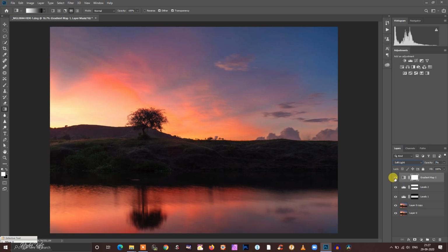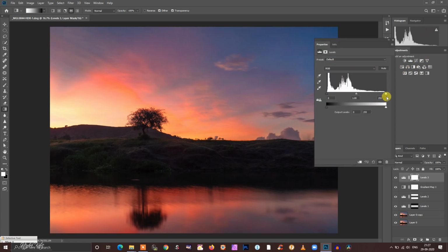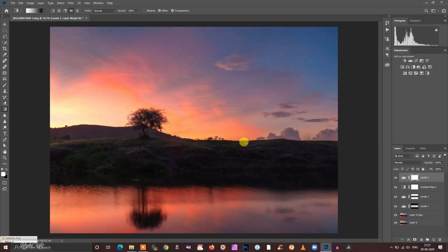It gives very beautiful warm view to the image. So here we are. Little more contrast.